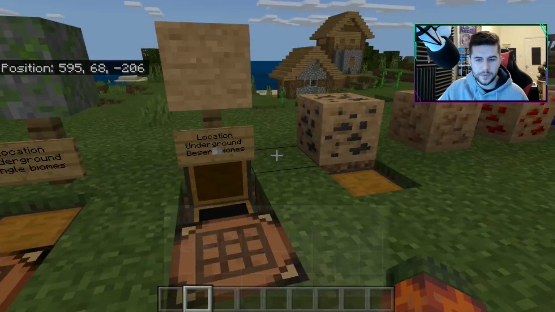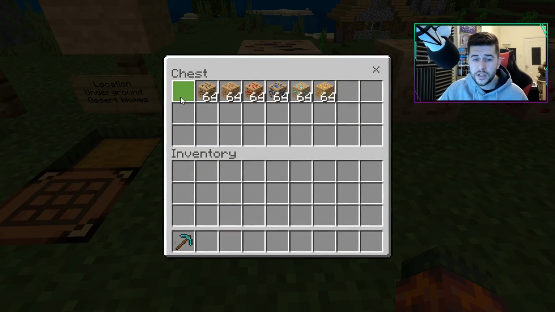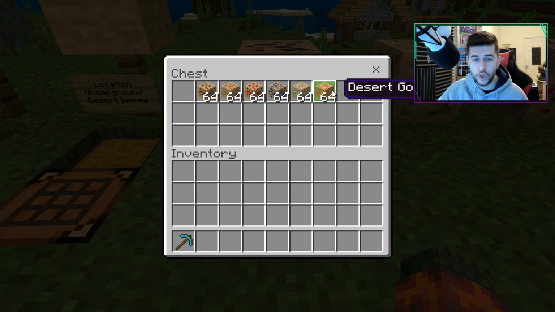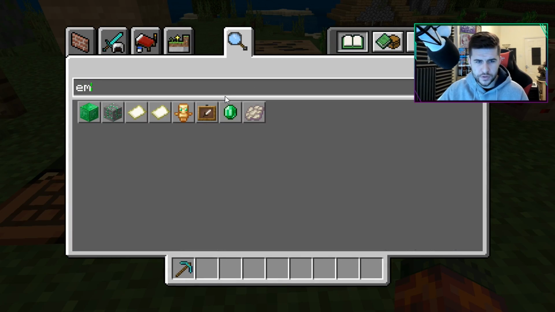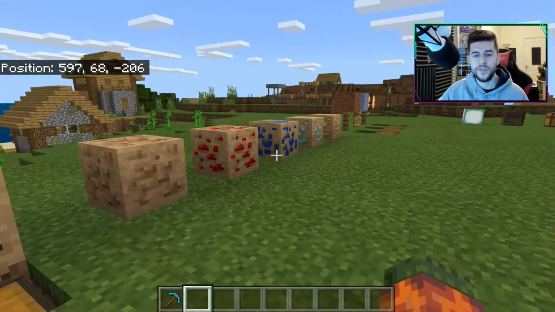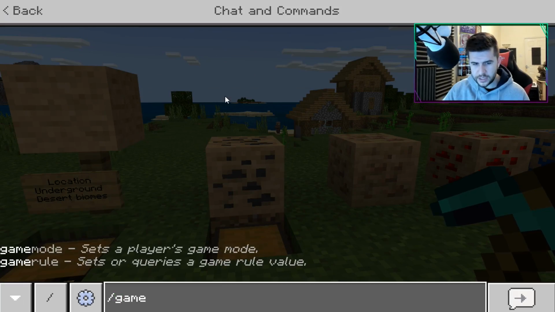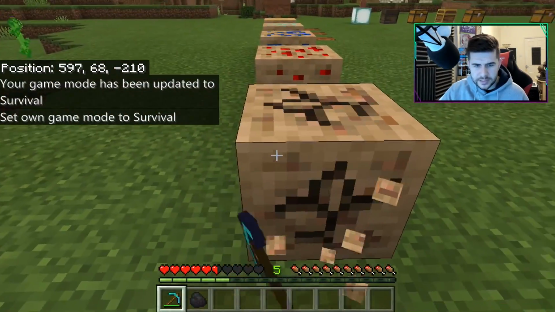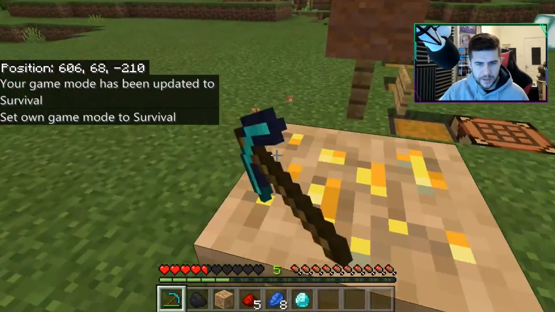I've not messed around with this next feature in as much detail, but I believe these ores are desert coal ore, iron, redstone, lapis, diamond, and gold. Did we have emerald? There doesn't seem to be any form of emerald one. These can all be found in the deserts as well. If we go to /gamemode S. Again, I'm not entirely sure what they offer that's a little bit different. I think they offer a little bit more compared to...